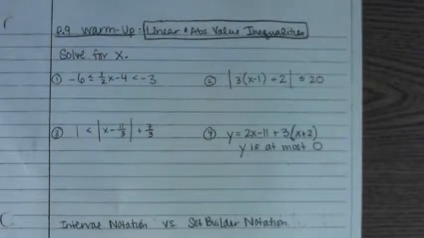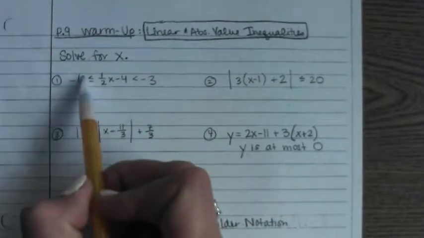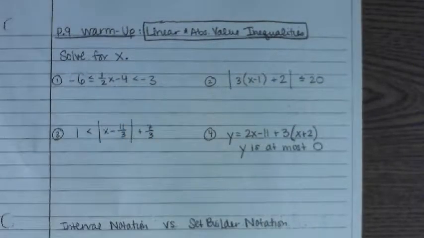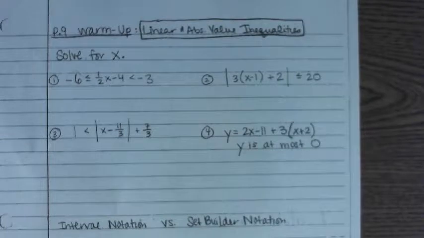First example there, that's a compound inequality. Have you ever solved those? Where you've got -6 is less than or equal to this expression, which is less than -3. Raise your hand if you think you've solved those before. Okay, so you haven't. All right, you're going to find it easy, but I just want to see what I'm